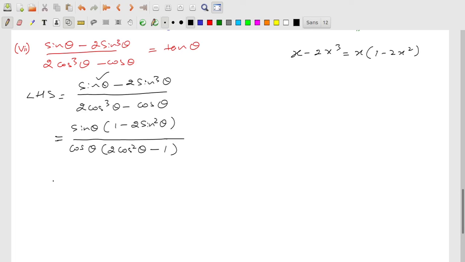All right. In the next step, see here, sin theta by cos theta, that is tan theta, and then keep the remaining terms as it is, that is 1 minus 2 sin square theta whole divided by 2 cos square theta minus 1. Okay, so now see here, always you need to keep this RHS in your mind. We need to simplify this and then get this tan theta. So we already got tan theta here, yes or no? Then your job is to just cancel out these two or somehow make these two same.